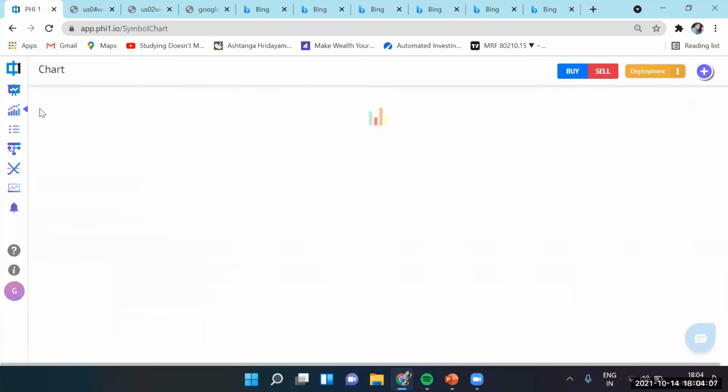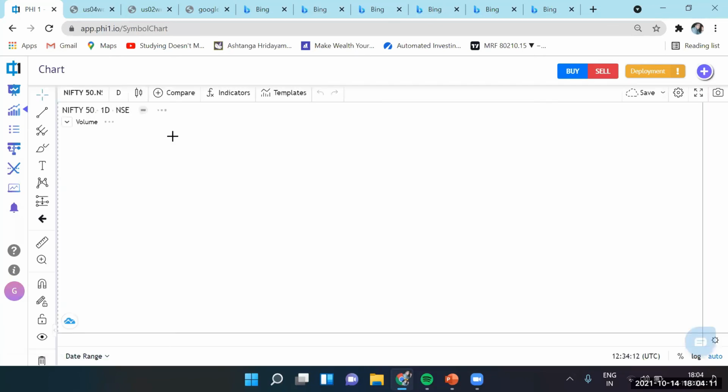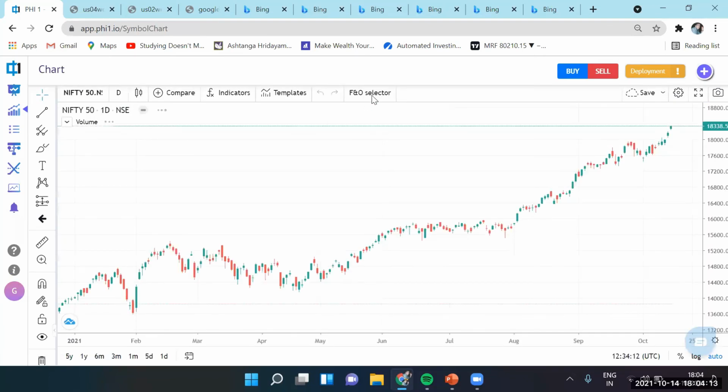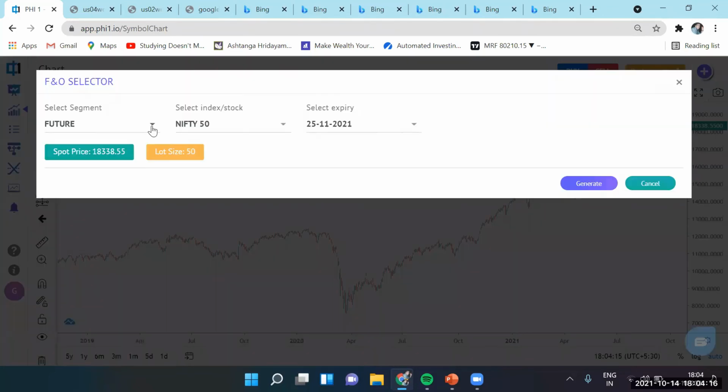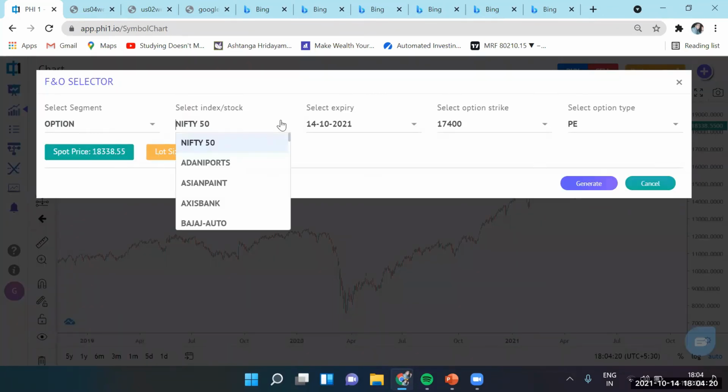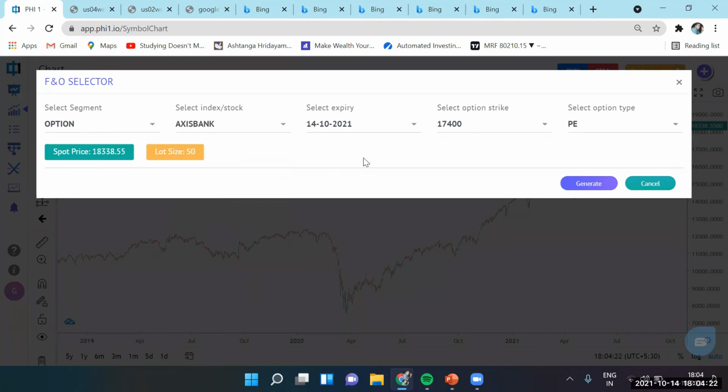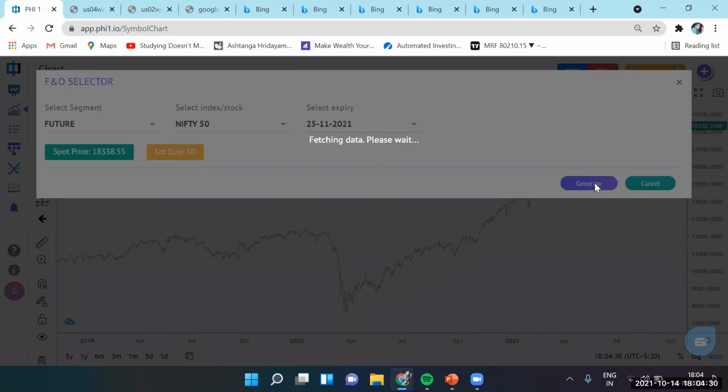Everything that you can view on our charts, that data is available to you to construct a strategy. To see any option data, just select option, choose any instrument that you want, choose the expiry available and the appropriate strike, call or put, and load its premium data.